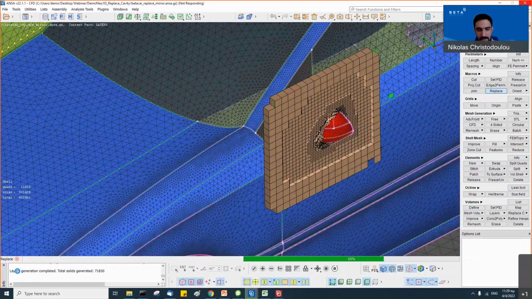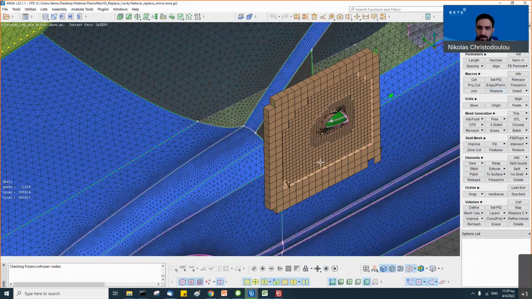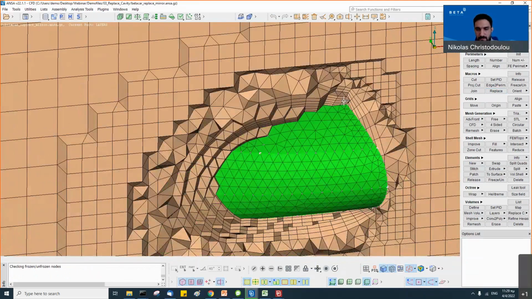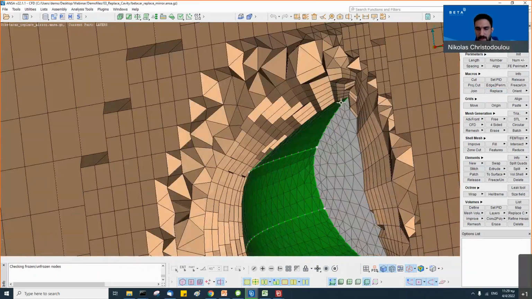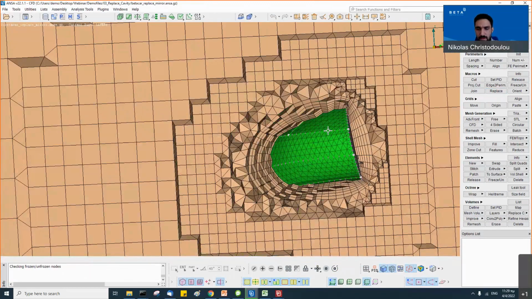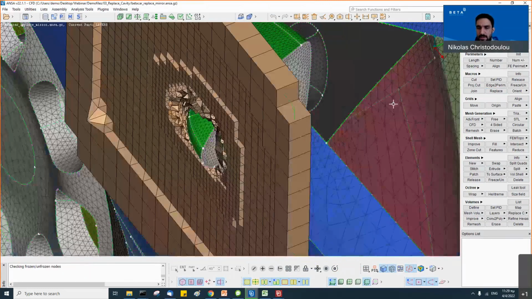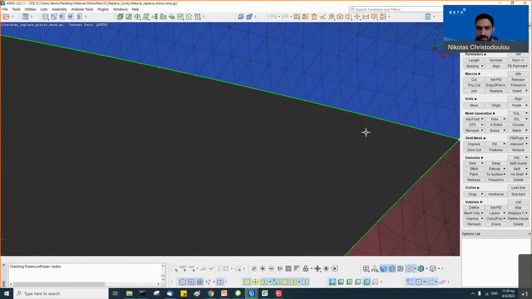You can see that ANSA has proceeded with the layers generation, which is completed. The total solids generated are 70,000. And now the volume mesh is being processed, and we have our new mirror. So let's have a look. The boundary layers are properly generated on the new mirror, the surface mesh the same. It has a nice connection with the rest of the model.